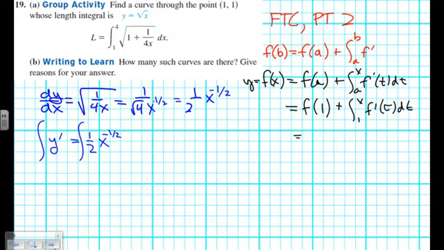And f of 1, according to this, is 1. And then let's replace this with 1/2 t to the negative 1/2 dt. So don't we, 1 plus 1/2, the antiderivative of this, add 1, we're still anti-deriving. Right. So we add 1 to negative 1/2, so you get 1/2. The reciprocal of positive 1/2 is 2 times x to the